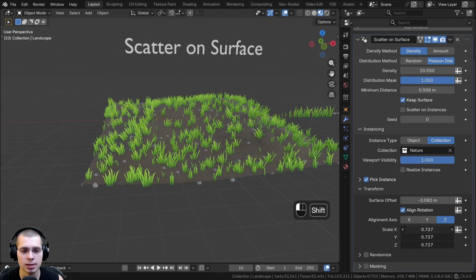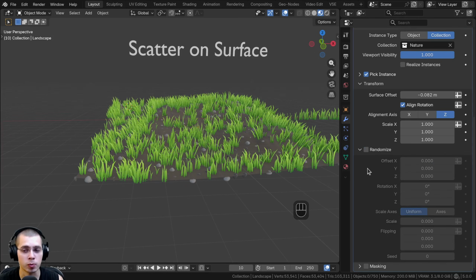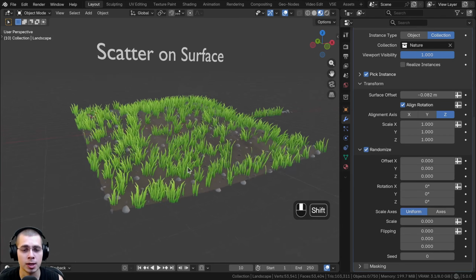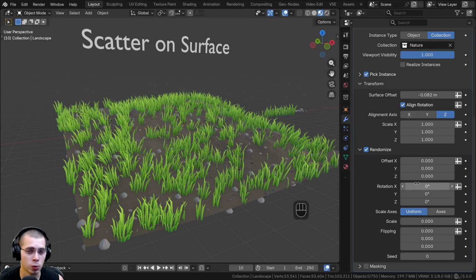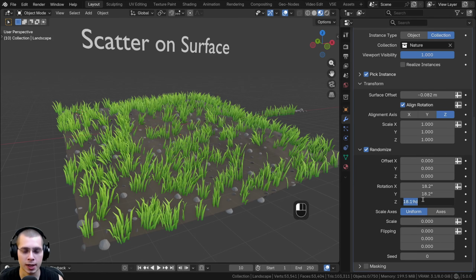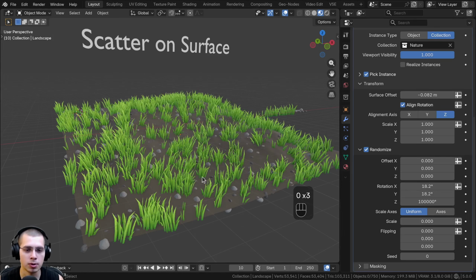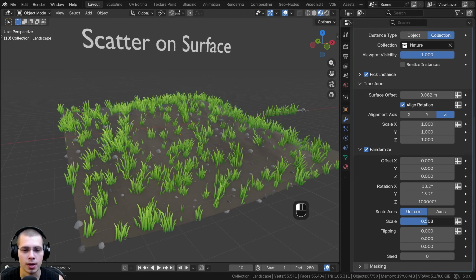And then you can also change the scale of the objects. Now there's also a randomize value, so I'll turn this on and open it up. And this would be very similar to adding the random value node into the location, rotation, or scale. So you can see there is the rotation, so I can make a random rotation, so I can turn this up a little bit, and then I can turn up the Z value to a really big number, so it's all rotated around randomly. I can also change the scale to add a random scale to it, and then there's